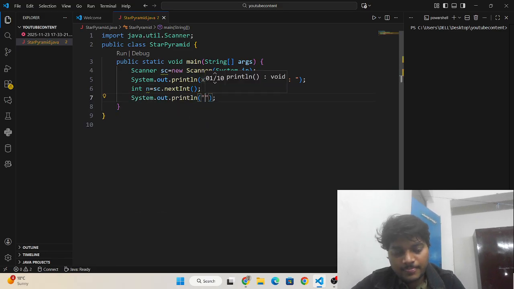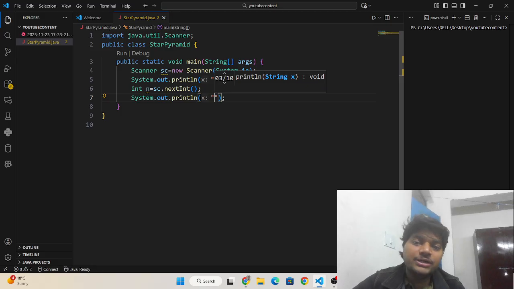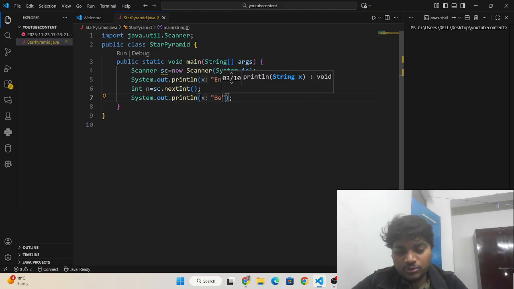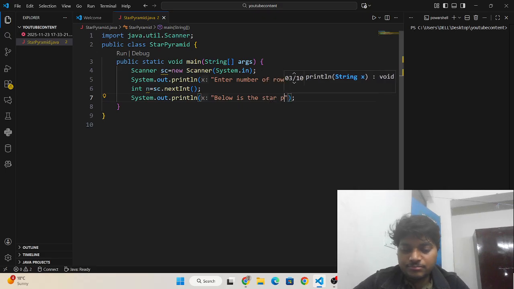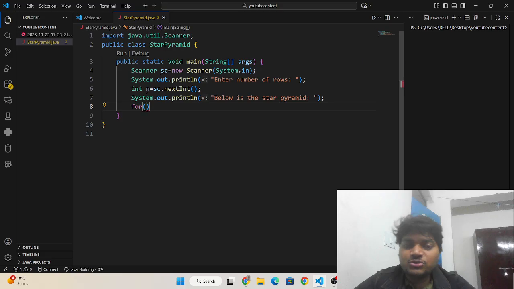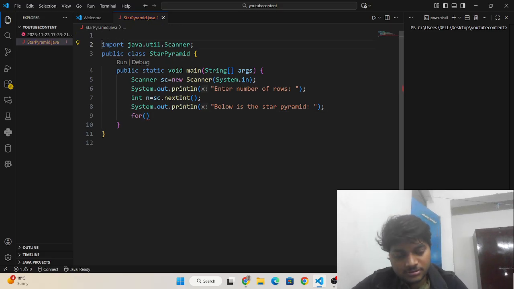And then I need to print an output statement. So I need to write here: below is the star pyramid. Okay, so first I'm going to write what the code has to print. I'm going to write here the input row. If the input row is 5,